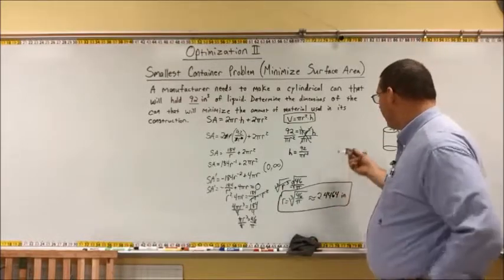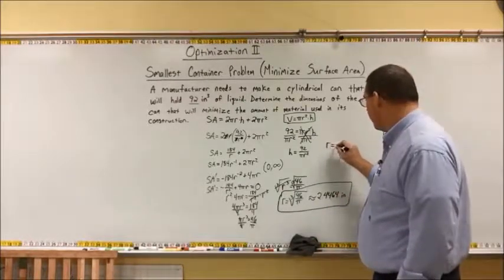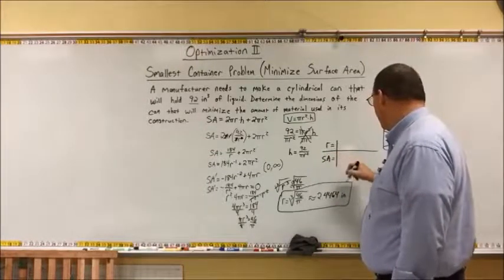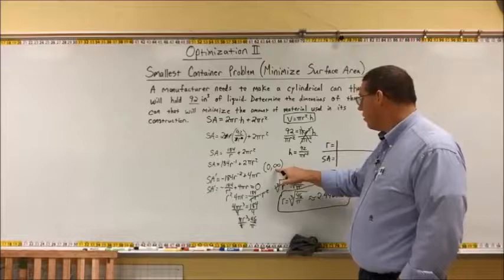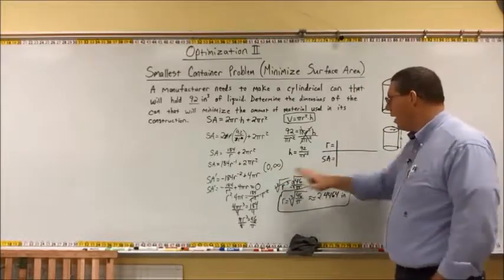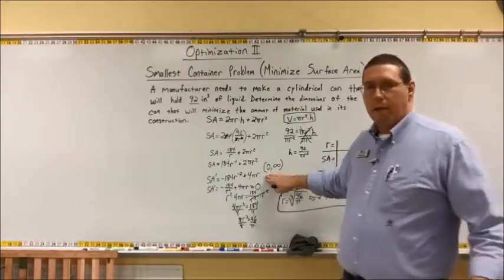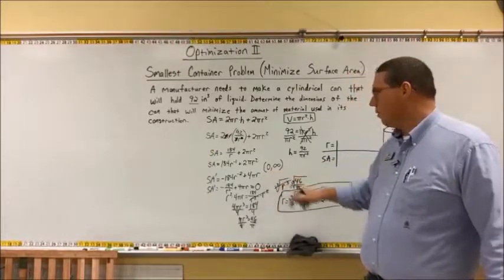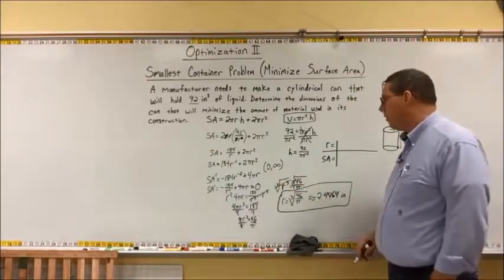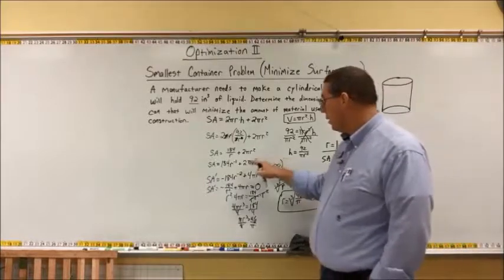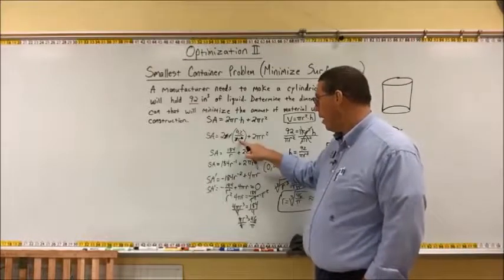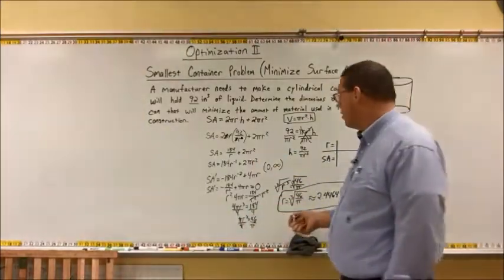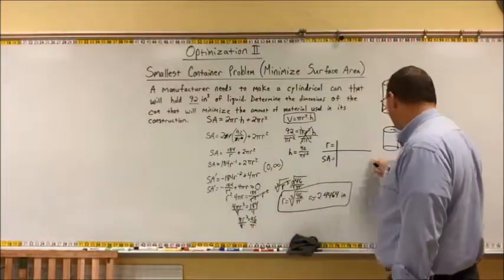We know now we can make our table, and so we'll have radius and we'll have surface area. Now, we can put 0 in, but we can't put infinity in. The reality is we actually don't have an interval. We don't have endpoints. The endpoints simply go from 0 to infinity. And we can't actually plug 0 in because it's in a denominator, and we can't plug infinity in because infinity isn't really a number. And so what we're going to have to do here is